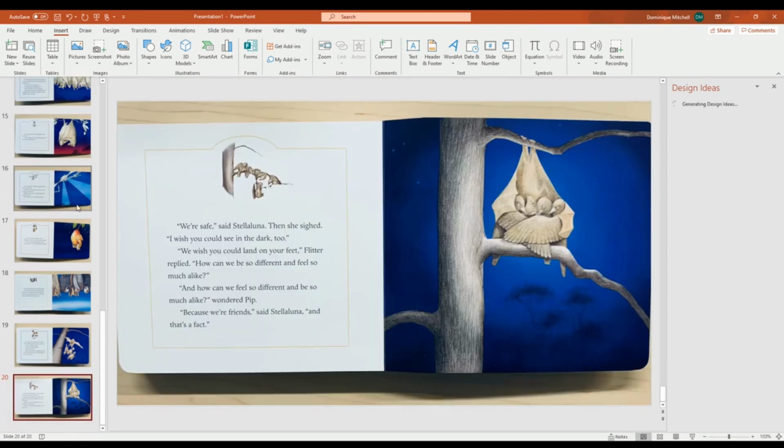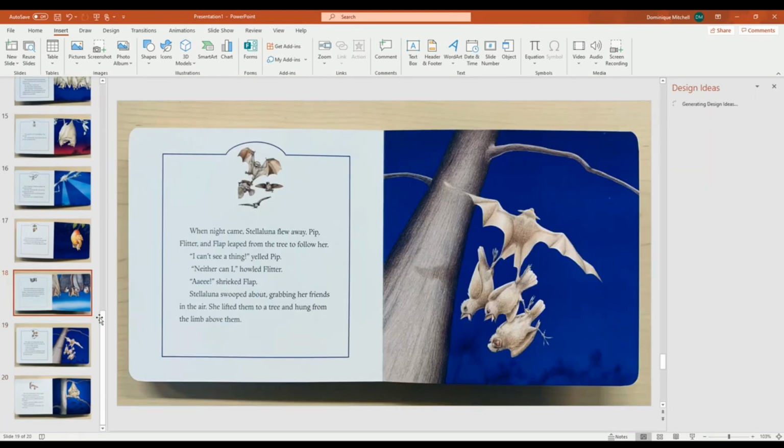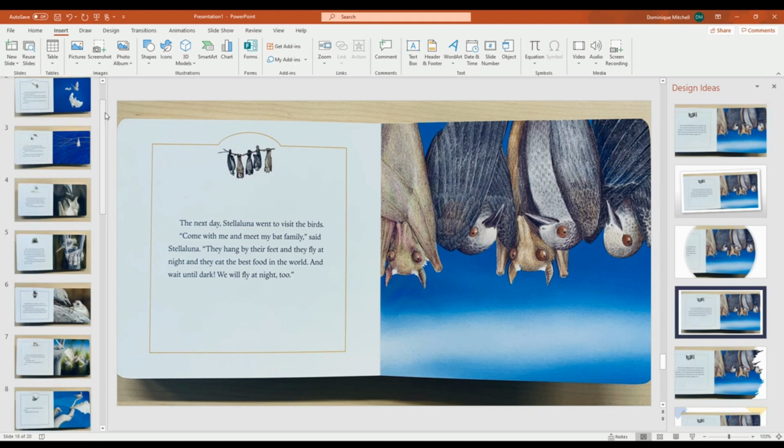Okay, that is all of the pictures. So once you have those in there and they are all